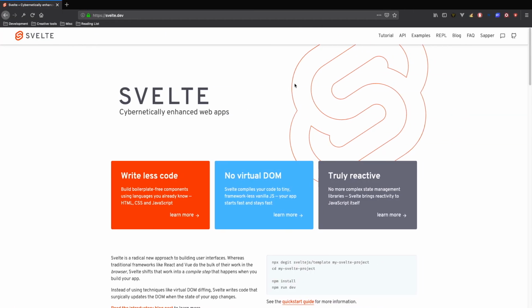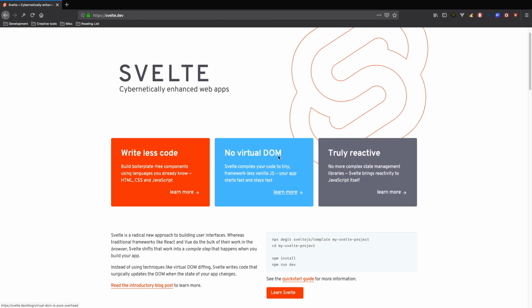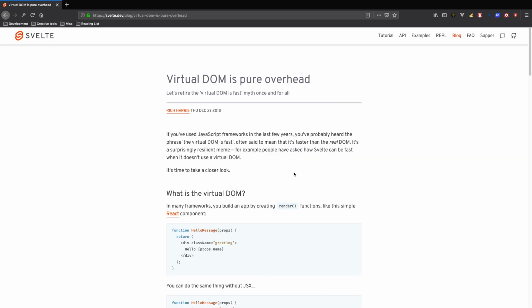So first thing we need to look at is actually what is Svelte, and as you can see here, it calls it cybernetically enhanced web apps. I don't like how that is said, but however. So it says here, you write less code. There's no virtual DOM because you're actually writing